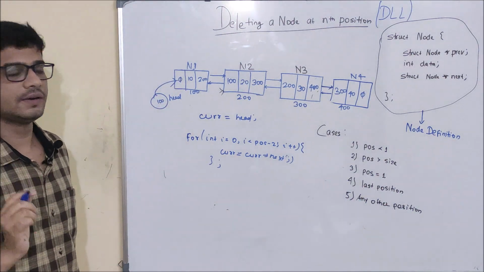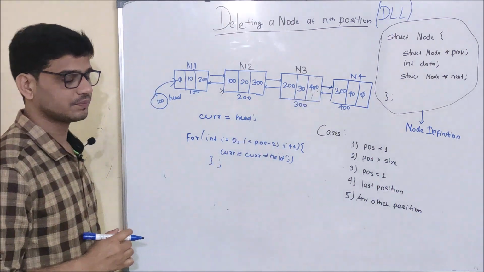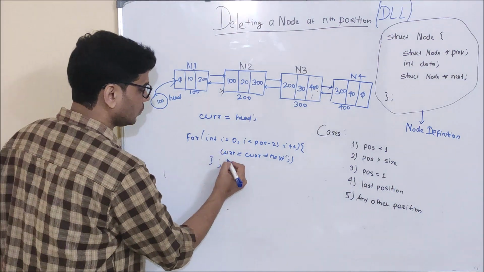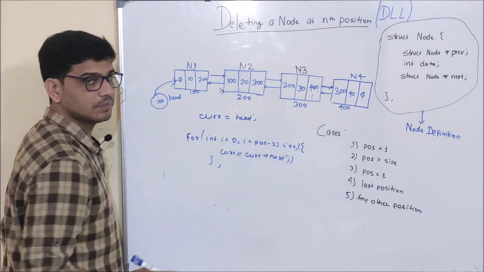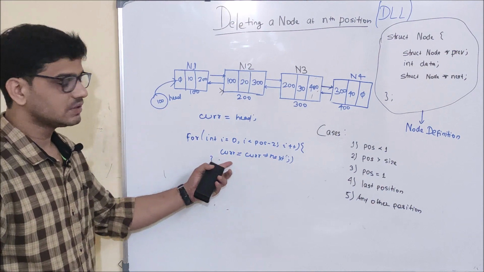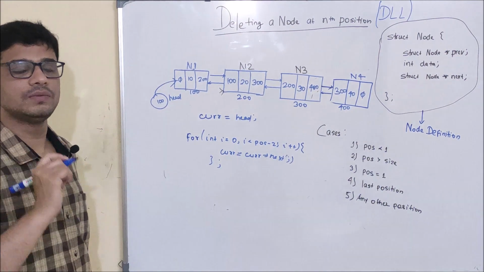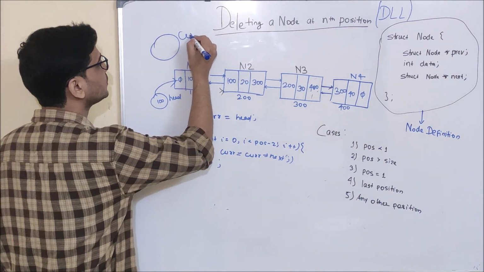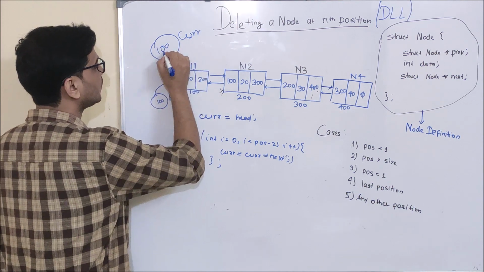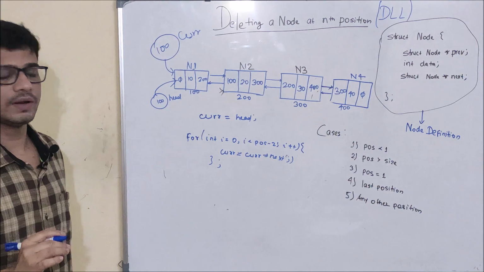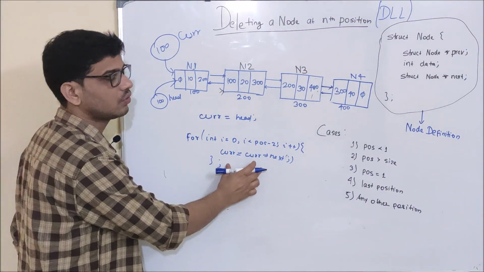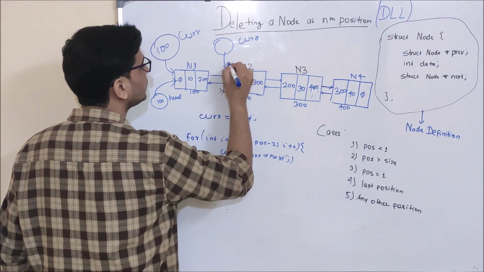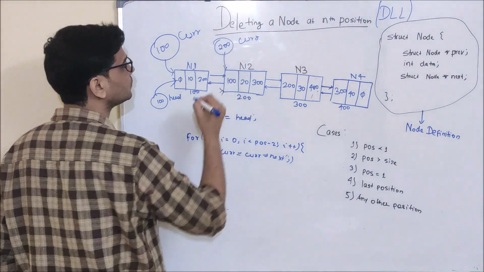Suppose we want to delete a node at third position. That is, we want to delete node 3. So my pos will be 3. This is 2. So int i equal to 0, i is smaller than 1, i plus plus, which means this particular current equal to current dot next will execute one time. Okay. So before this loop, suppose this is the cur pointer, it will hold 100, that is, it will point to node 1. And after the execution of this for loop, current will come here and it will start to point to node 2.